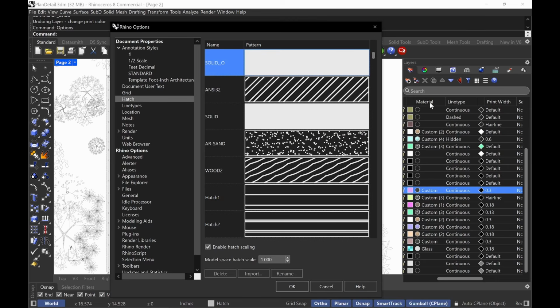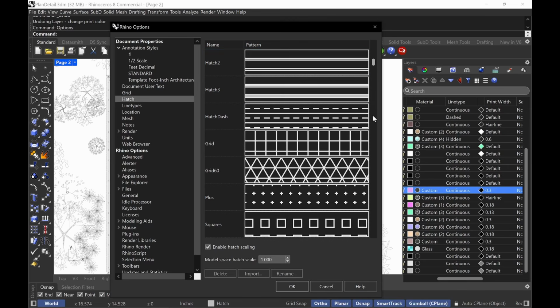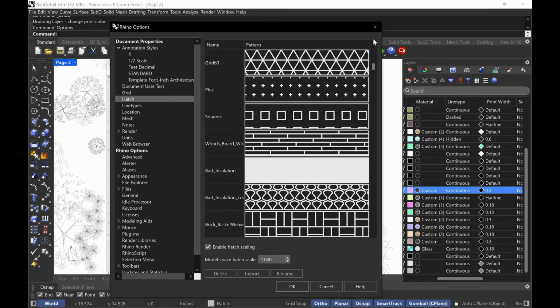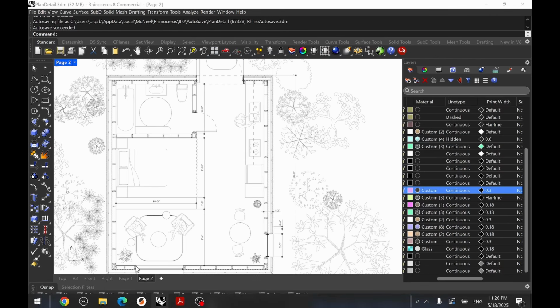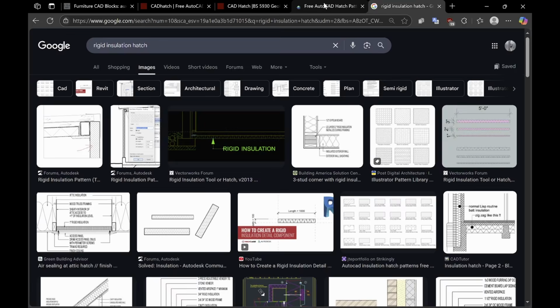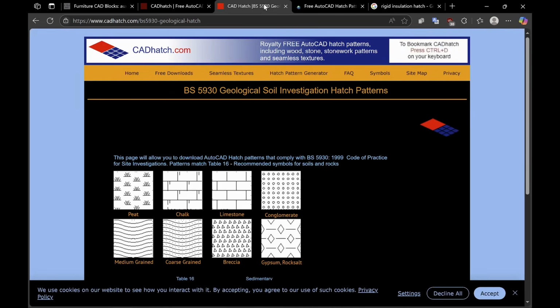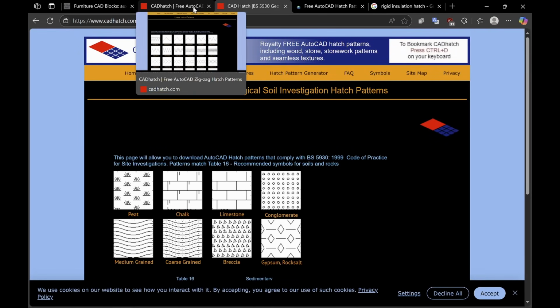Now, hatches. So if you see here, I have a lot of hatches here. And I'll show you where I get all these hatches from. And then I'll show you the blocks. So for my hatches, there's actually a couple of helpful websites. The one I like the most is actually a very interesting website. It's right here. It's this website. It's called